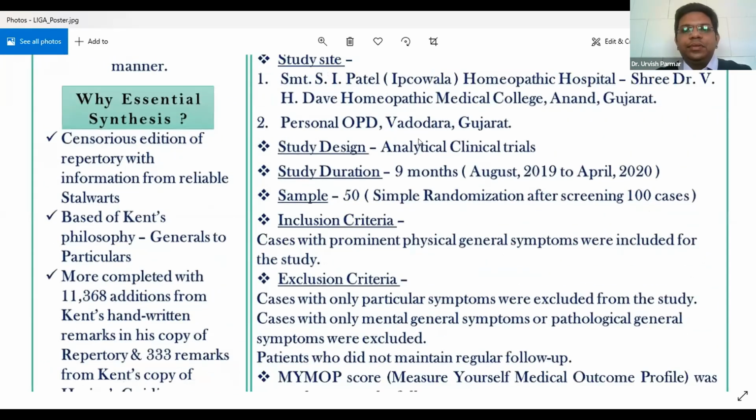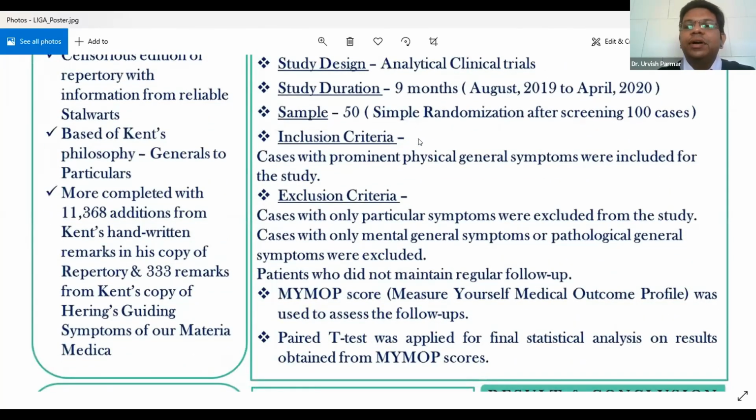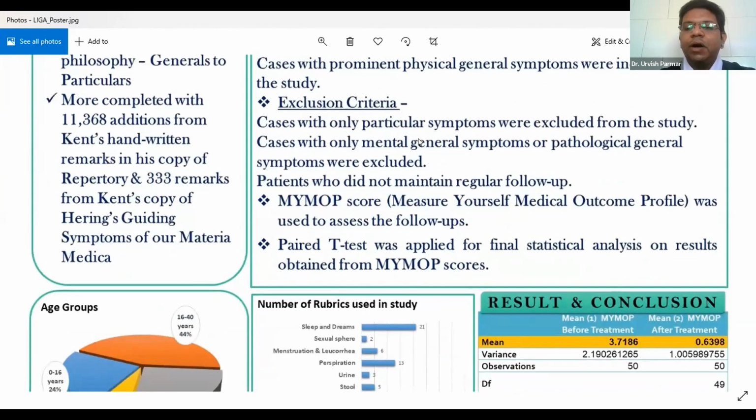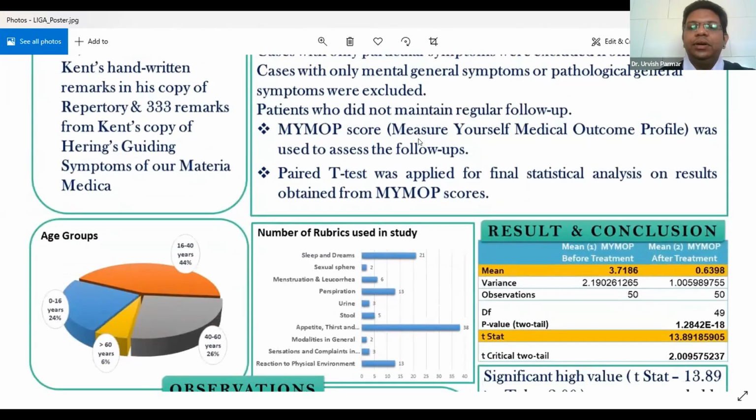my sample size was 50. We screened 100 cases, and from simple randomization, we came to 50 cases. I have included the cases which are strong with physical general symptoms, and cases with only particular symptoms, only clinical symptoms, only pathological generals or only mental generals are excluded from this study. For the outcomes of those cases, we have used the MYMOP score, which is Measure Yourself Medical Outcome Profile, and those outcomes were further analyzed by the paired t-test. So we did all the 50 cases with MYMOP, and we applied the paired t-test for the final accuracy of my